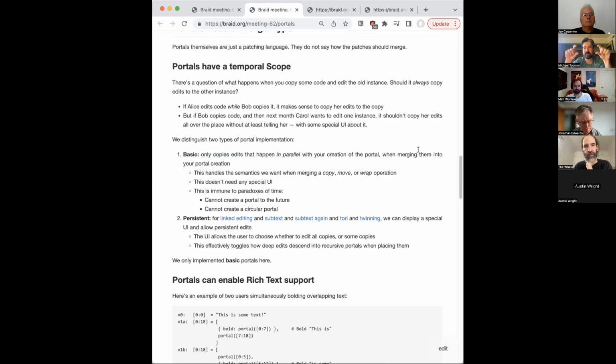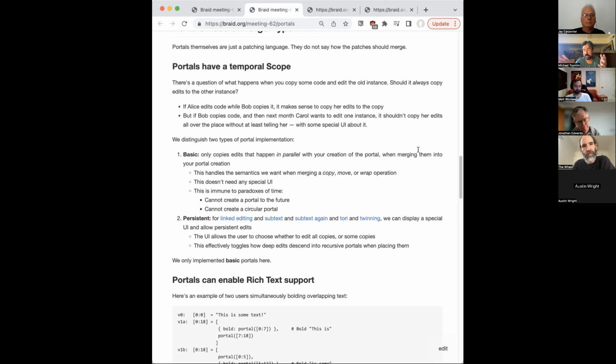So if Alice and Bob are editing and Alice copies some text while Bob is editing the text, when they merge, you want the portal to be active. But now that they've merged, let's make everything die down and become dumb so that it's just regular text. That way, there's no time that you're going to type something and have it magically duplicate to other places in your document.